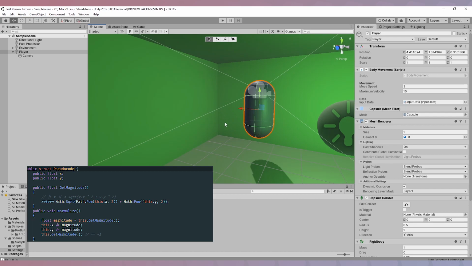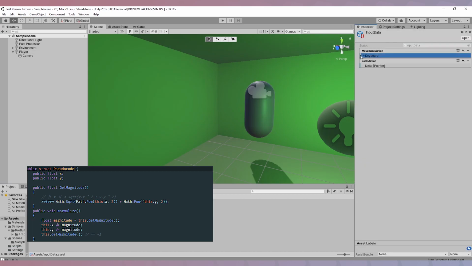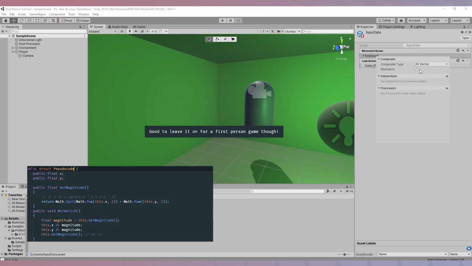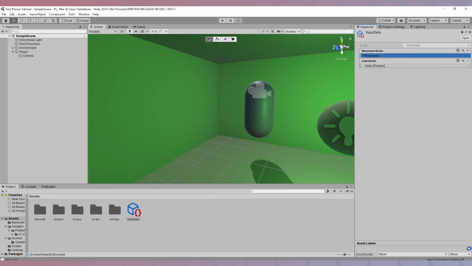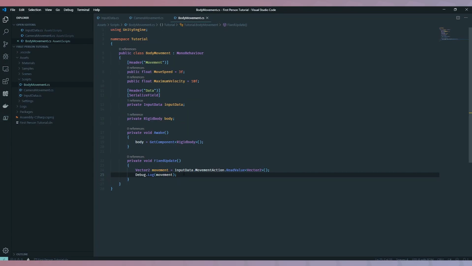And you can fix that by simply normalizing the vector of the W and D, turning it into a unit vector, clamping its magnitude to 1. And it is automatically being normalized. So that is something to look out for if you're doing this. You need to be aware that it is automatically normalizing your vector. And I believe that can be fixed by opening this up. Yep, you can see there's a normalized check. Sweet. Okay, so now that we've gotten that out of the way, let's go ahead and write some code to